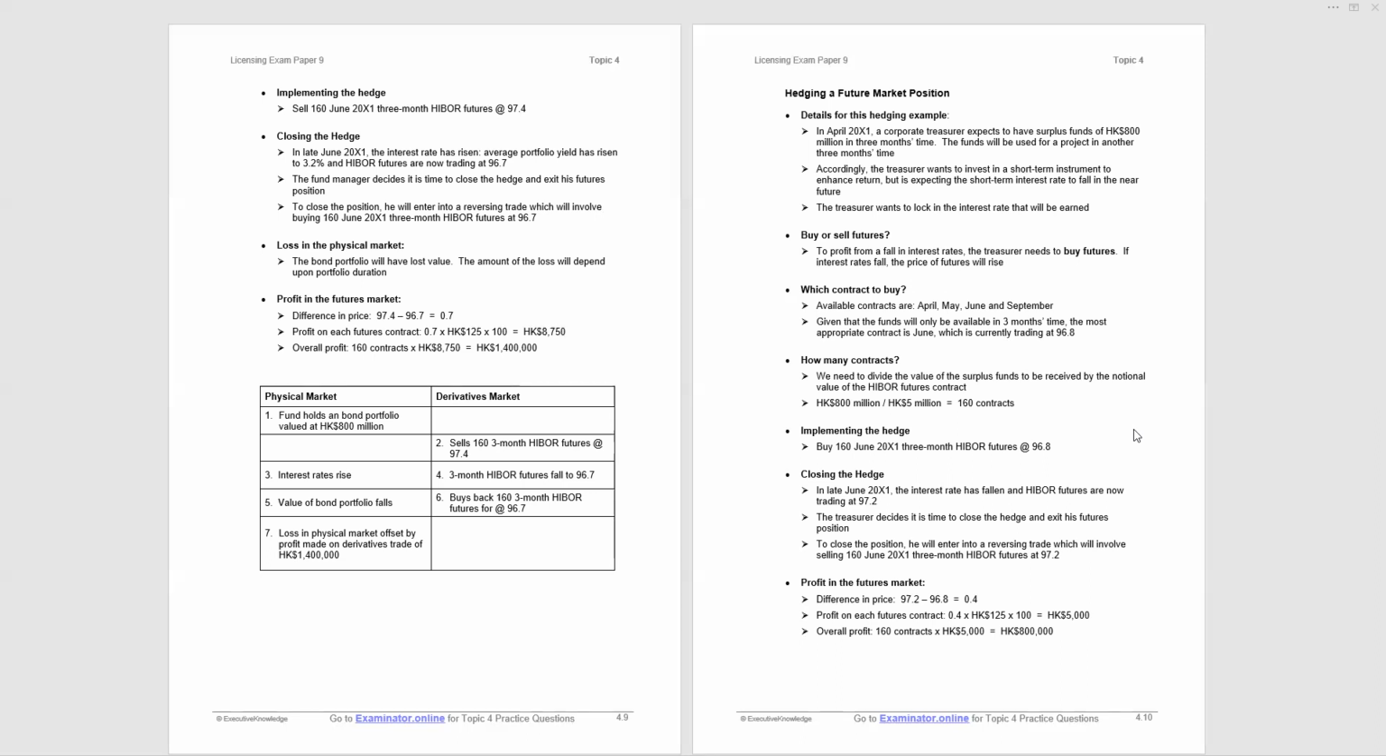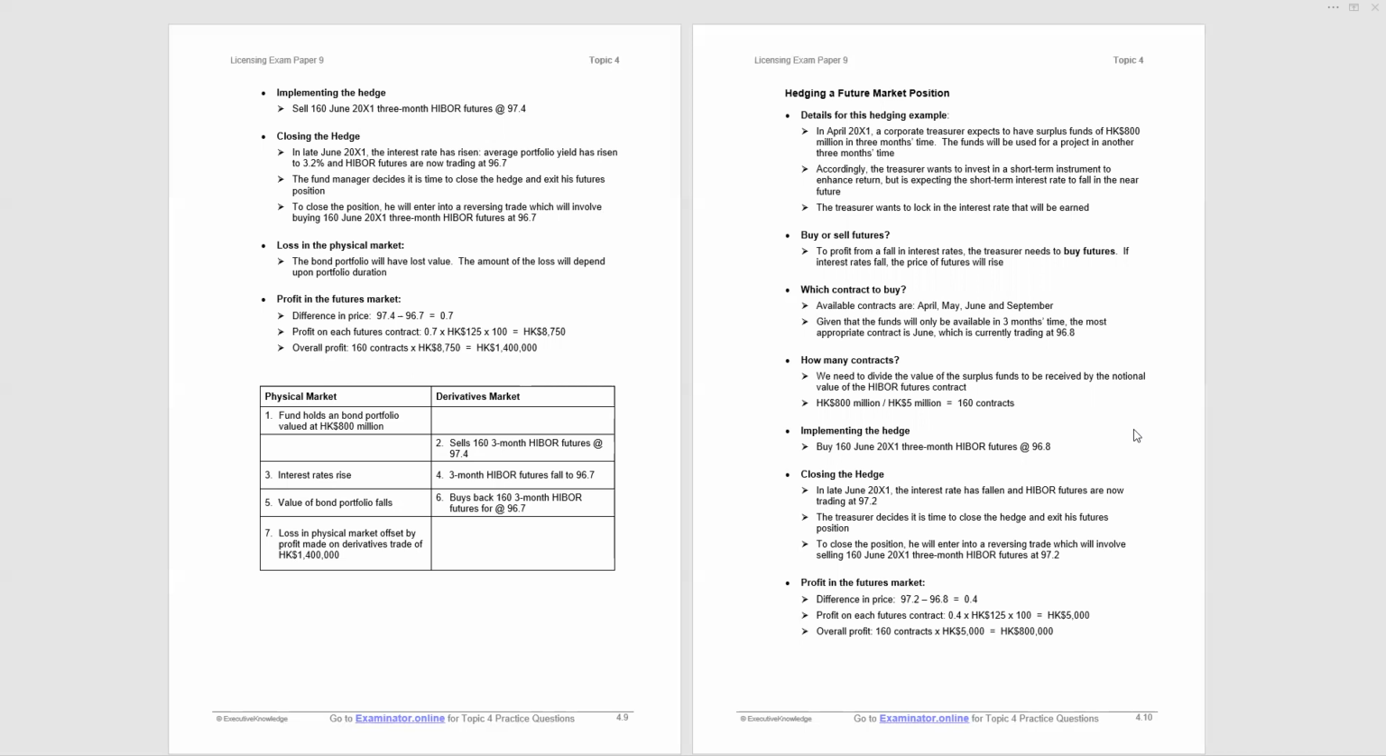But we can calculate the profit in the futures market. The difference between the price we sold at 97.4 and we bought at 96.7, so the gain is 0.7. Profit on each futures contract, remember the calculation of the cash value, 0.7 multiplied by $125 multiplied by 100 gives